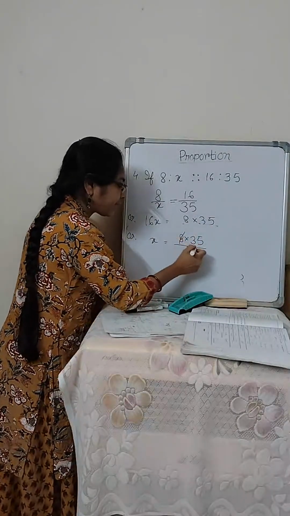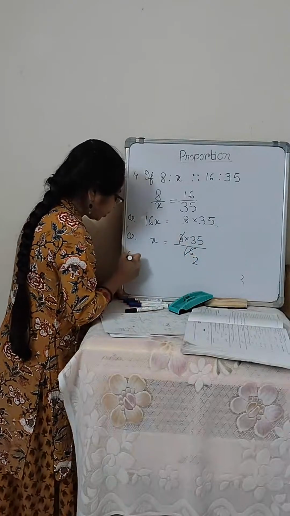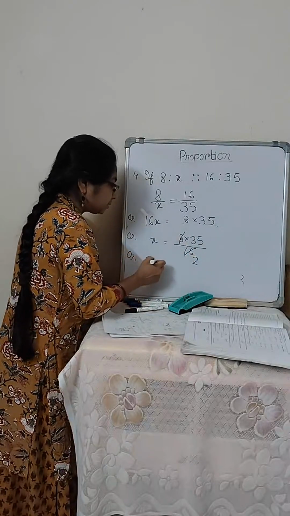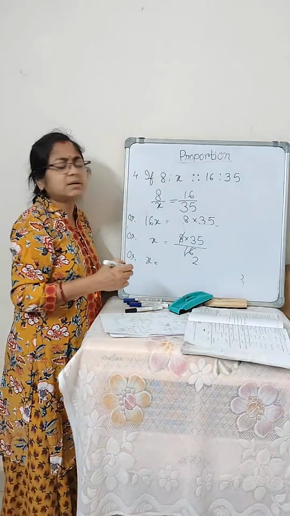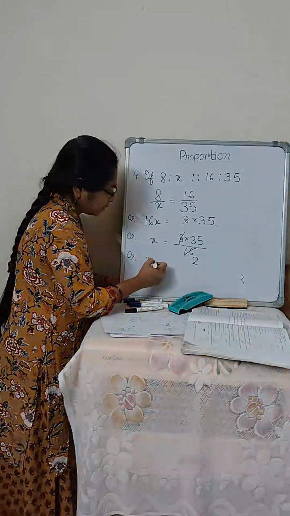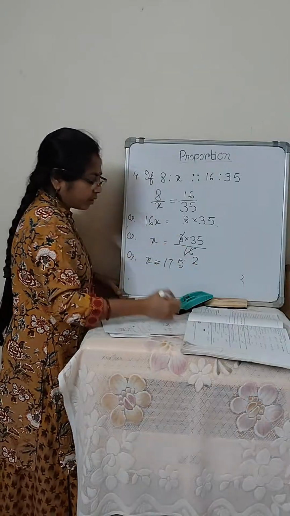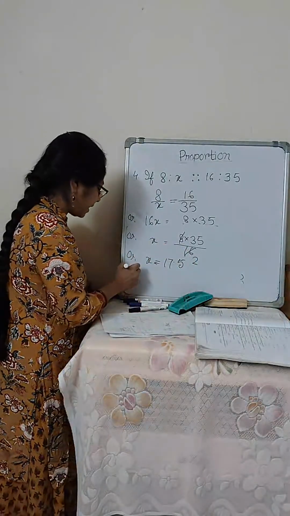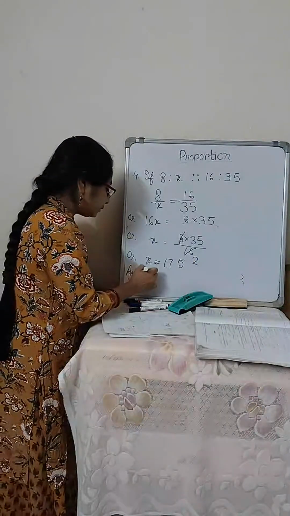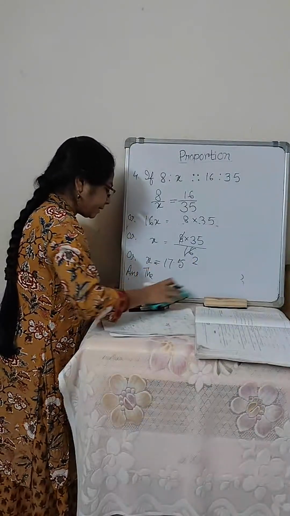Make it simplified, then the result is 35 by 2. Is it the answer? Yes, no problem. 35 by 2 means 17.5. What is the value of x? Answer: the value of x